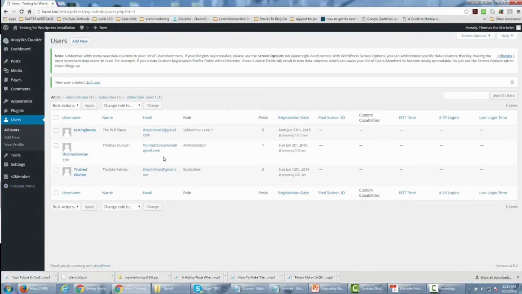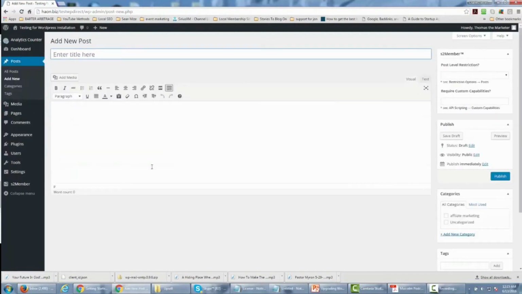Then once we've done that, what we've done is we've added someone to the first level of products inside of WordPress. Now, one of the reasons that's going to be important is the next thing that we're going to be showing you, and that is the page restriction area. You may have a case where some of the content you have on a specific post, you want to restrict that